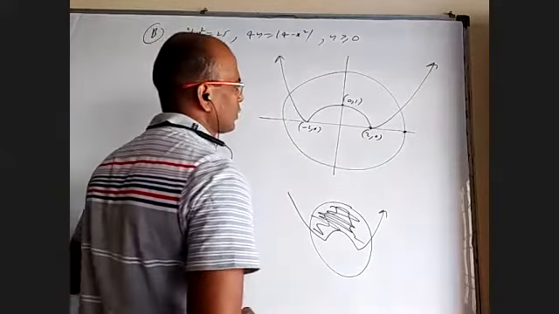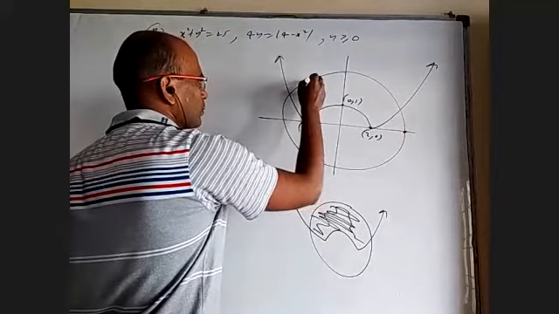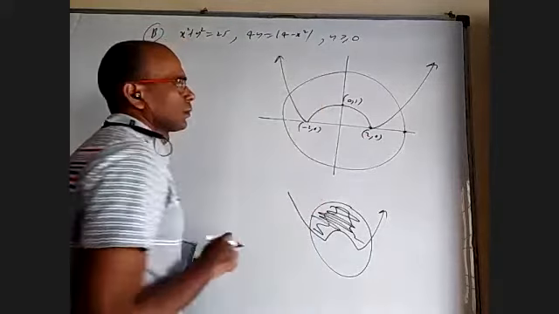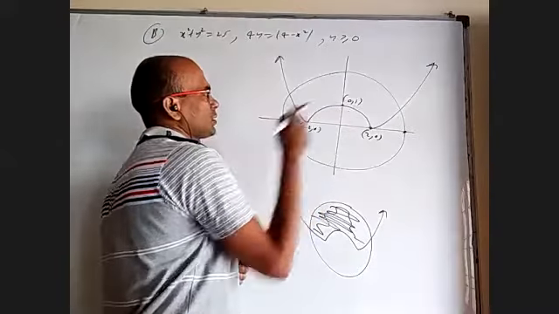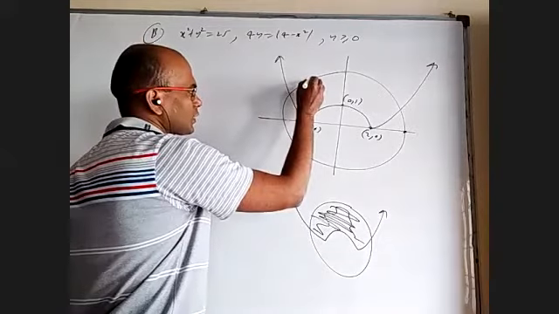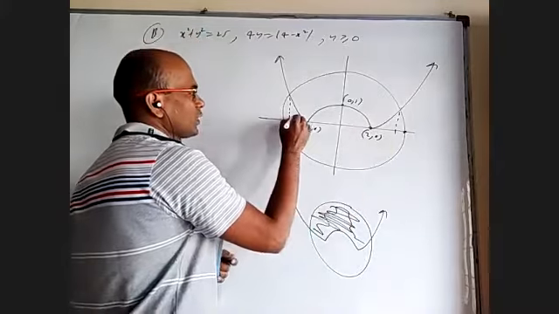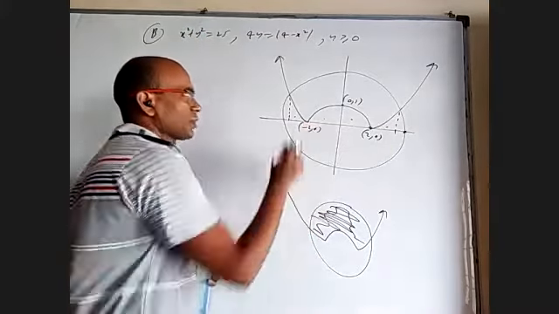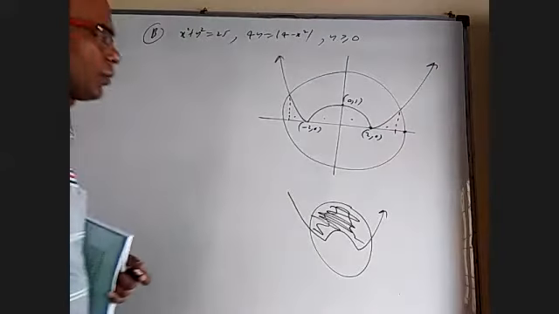Okay, so how are we going to find them? I can take the semicircle area and remove this area, this area. That is one option. Or simply take from here to here the area under the circle. From that, remove this piece, this piece, this piece, this piece. You can do upper curve minus lower curve, but still the same thing. So it's important for me to know the point of intersection.